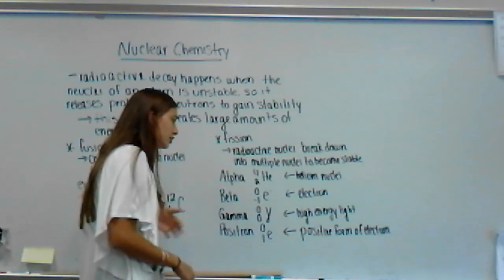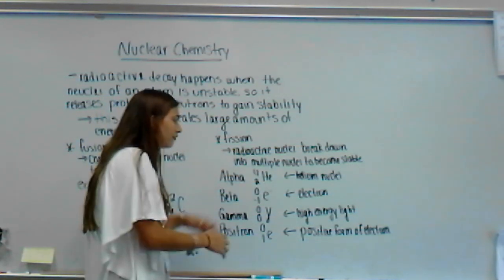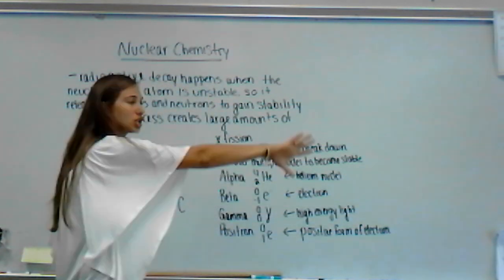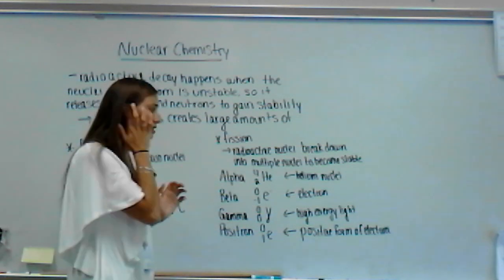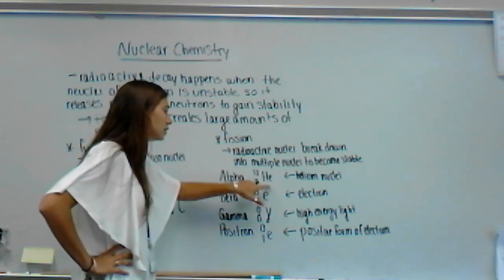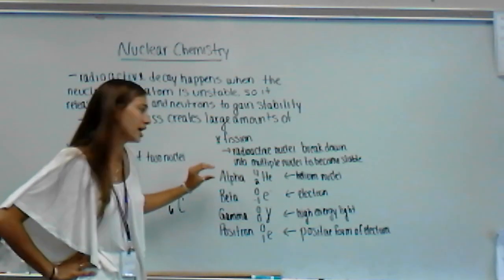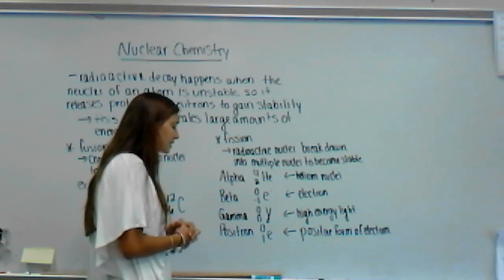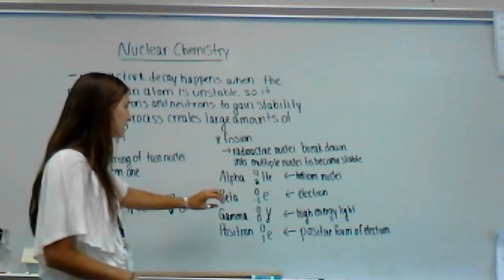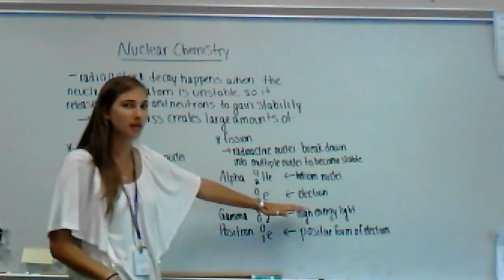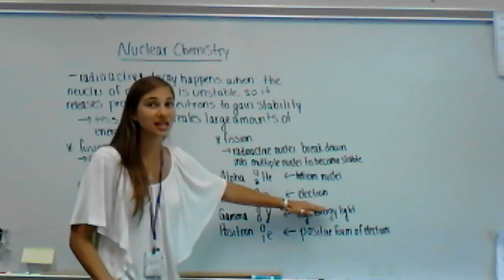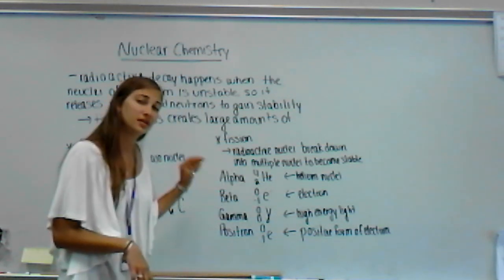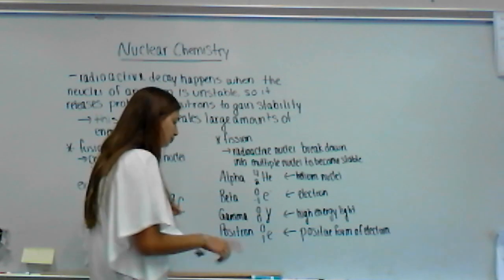The first one that I want to teach you is alpha decay. Alpha decay is when a helium nucleus gets shot off of whatever the nucleus is. So it's always going to be 4,2 helium. That's your alpha particle. You do have to remember what that is. And this is going to be one of our products. The next type is beta decay. And same thing, an electron. When we're talking about nuclear, we call it a beta particle, but it really is the same thing as an electron. A beta particle is going to be shot off of an existing nucleus.